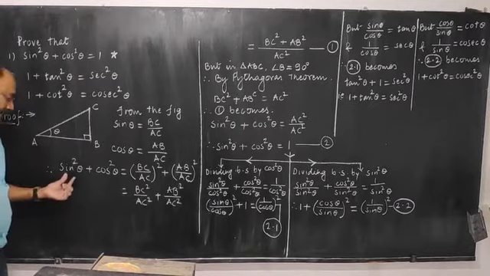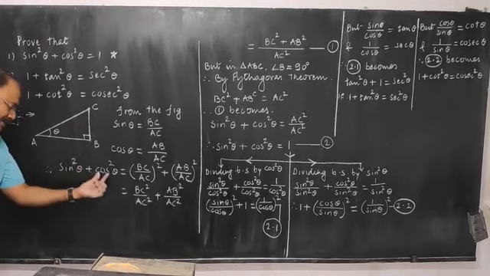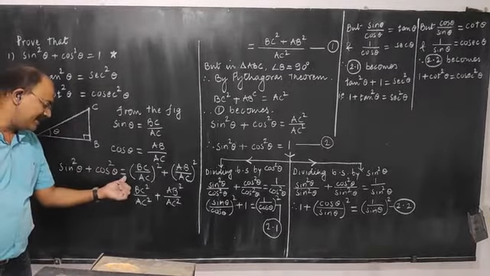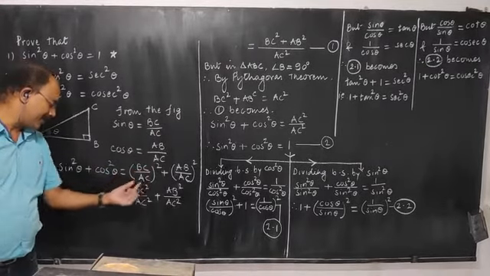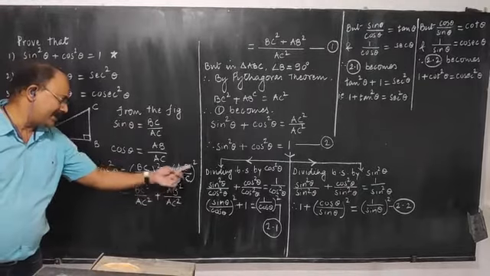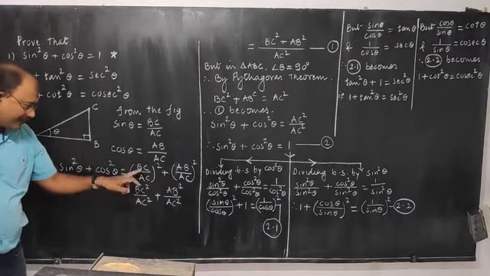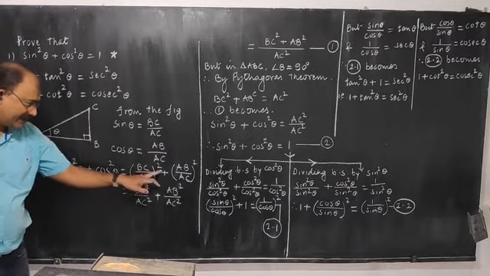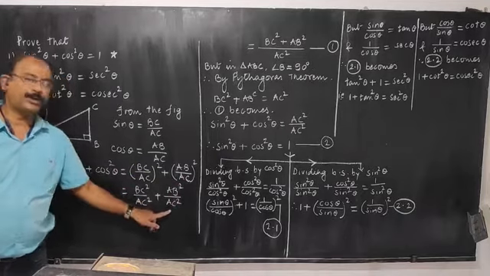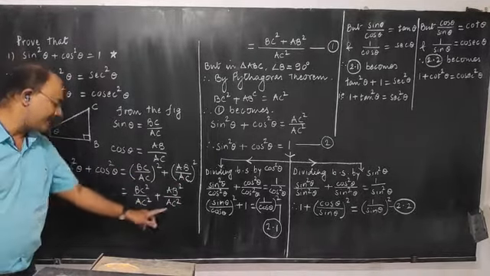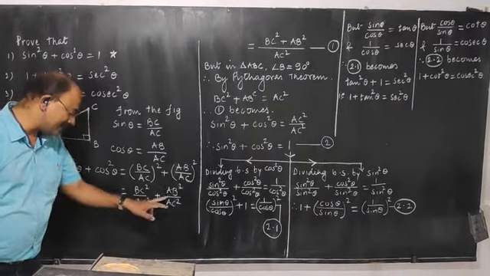Now, we want the sum of their squares to be 1. So I am starting with the square of the first ratio plus the square of the second ratio. Now the value of sin theta is BC upon AC whole square. Cos theta is AB upon AC whole square. If you simplify this, that gives you BC square upon AC square, similarly here, AB square upon AC square. But the denominator of both the ratios is the same. Therefore, the LCM will be AC square. The numerator will have BC square plus AB square.